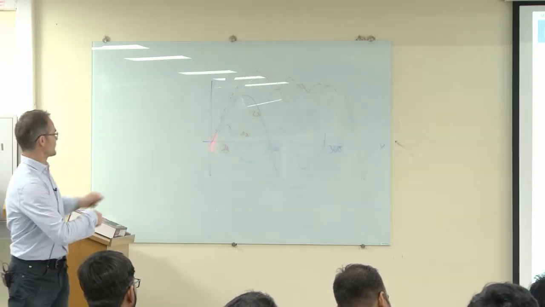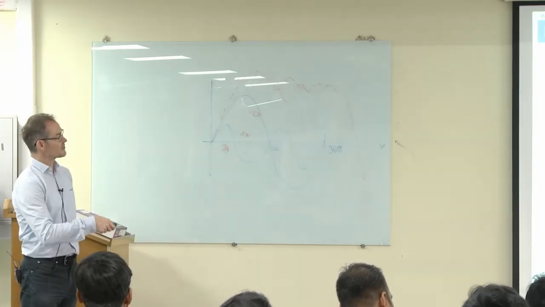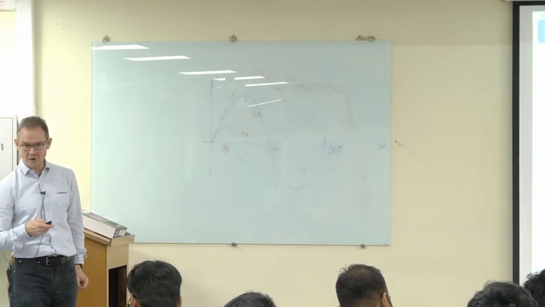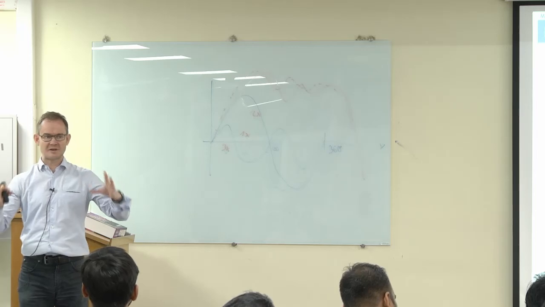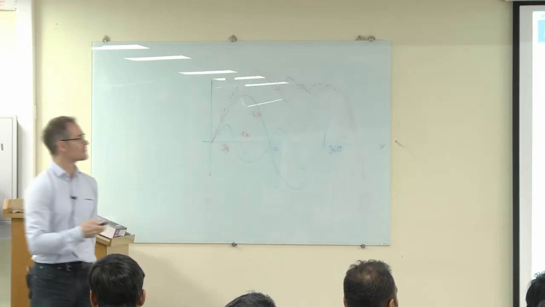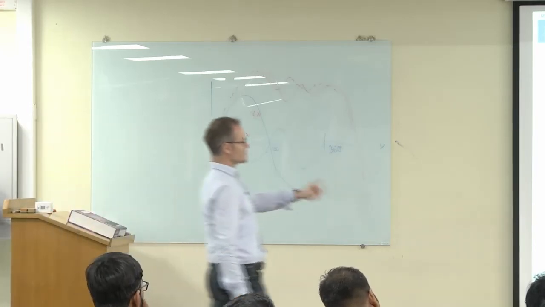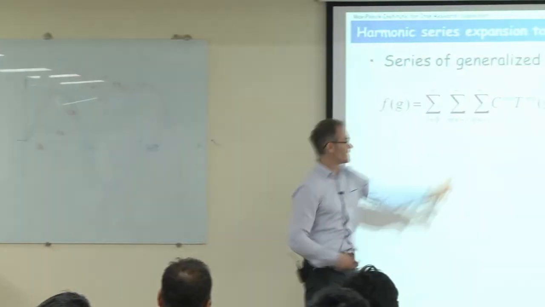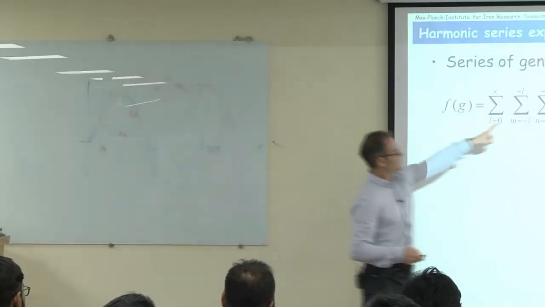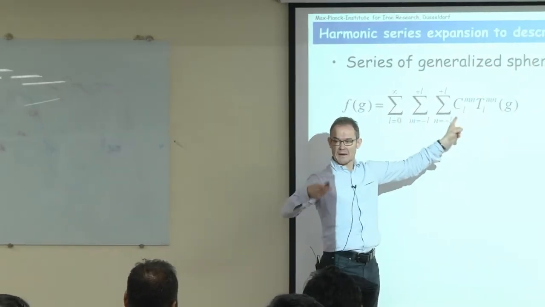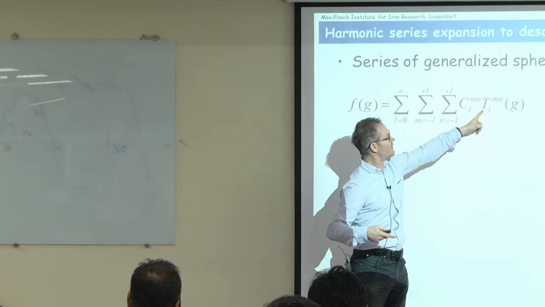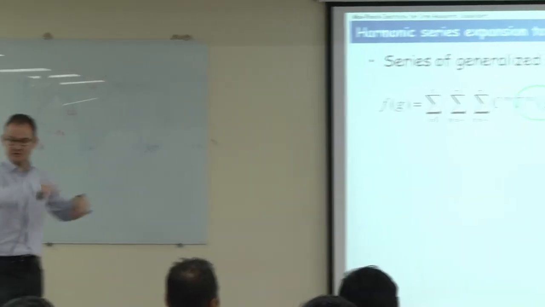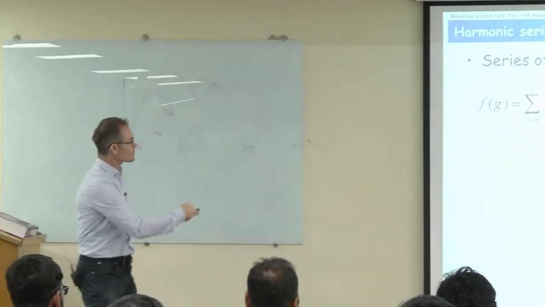So what we are using instead of sinuses and cosinuses is a series of generalized spherical harmonics. But this is in principle three-dimensional cosinuses and sinuses. Nothing special. Three-dimensional means we have a summation in 3 dimensions. That's why we have it here. And this is the weight function, the weight factor, and this is the spherical harmonics. I think it's written here even, that is the spherical harmonics, so this is sinus or cosinus, and this one is,